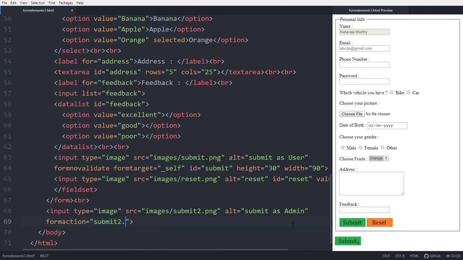Submit to.html. See, nothing happened. So this form action is not working.